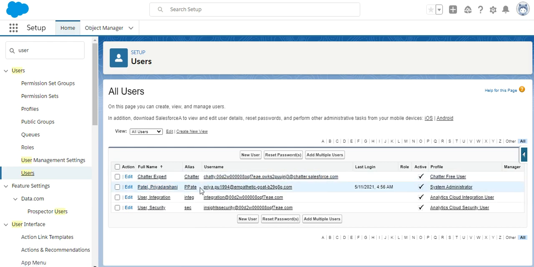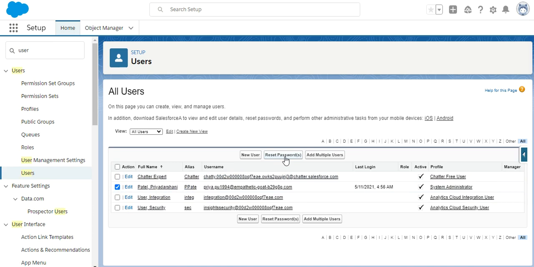If any user wants to change the password, it can be changed from here, using reset password. Whenever you want to change the password, you have to select the username whose password you want to change. Suppose I want to change the password of this one, so I just select this username.